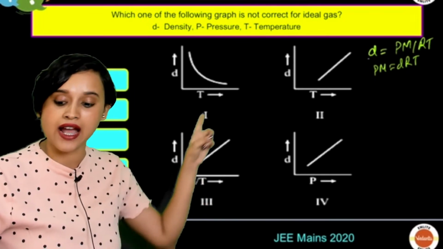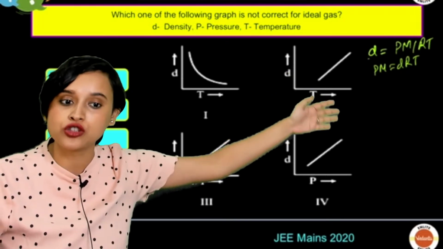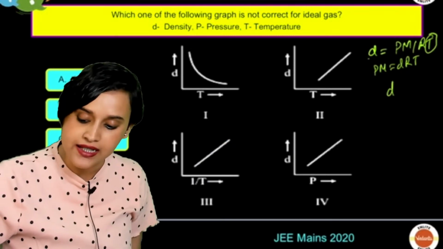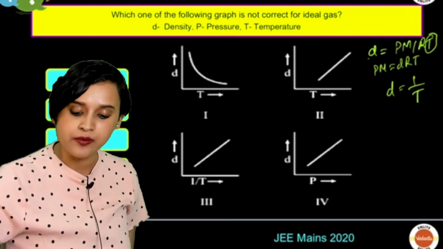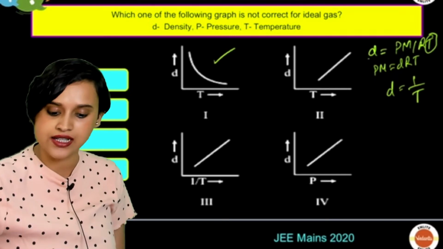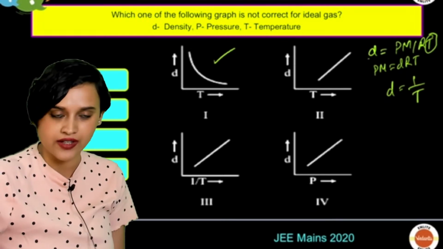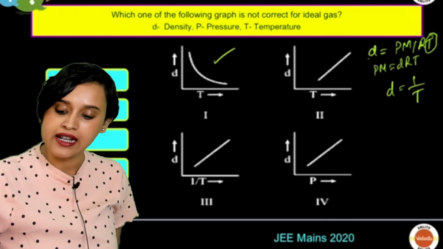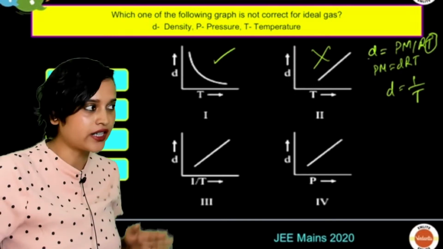That means D is directly proportional to pressure. D is directly proportional to the molar mass, but it is definitely inversely proportional to temperature. That means I can also write it as D is proportional to 1 divided by T, right? Since it is inversely proportional, this graph is definitely right. This was Charles' law, isn't it? This was the first law that we spoke about. Correct. Great. Then look at this. D and T, are they proportional?